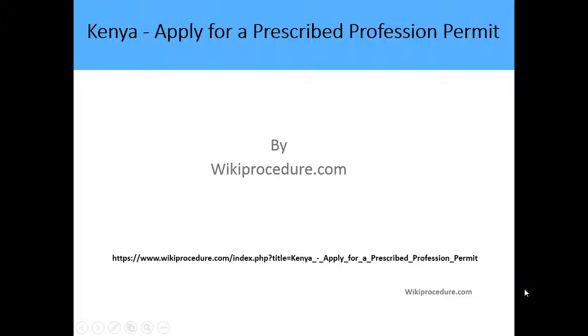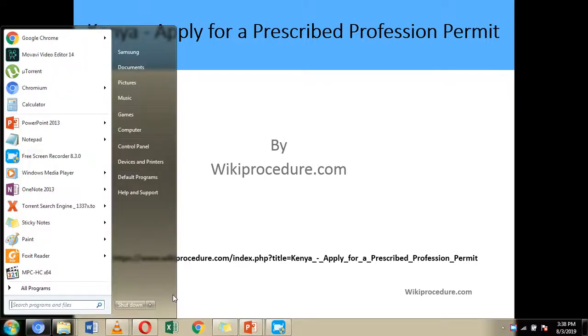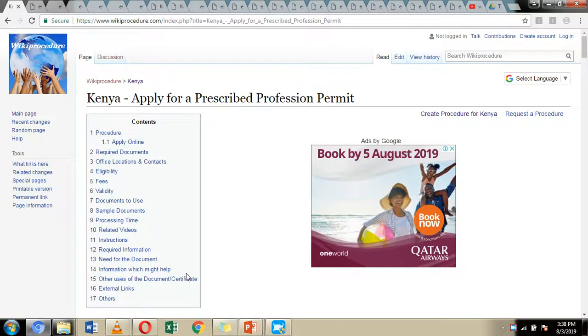Hello, welcome to another wiki procedure, and today we're going to look at how you can apply for a prescribed profession permit in Kenya. Down below, we have given you a link which is going to direct you to our wiki procedure website page where we have given you detailed information on how you can go about the application